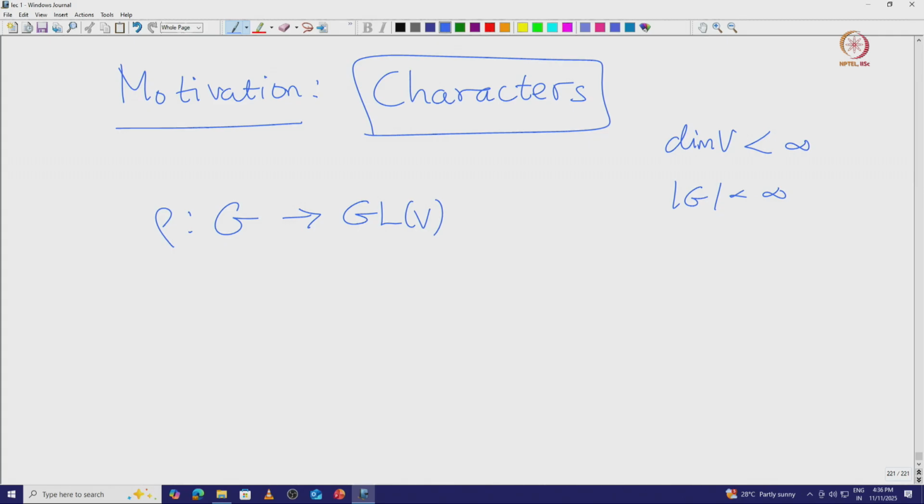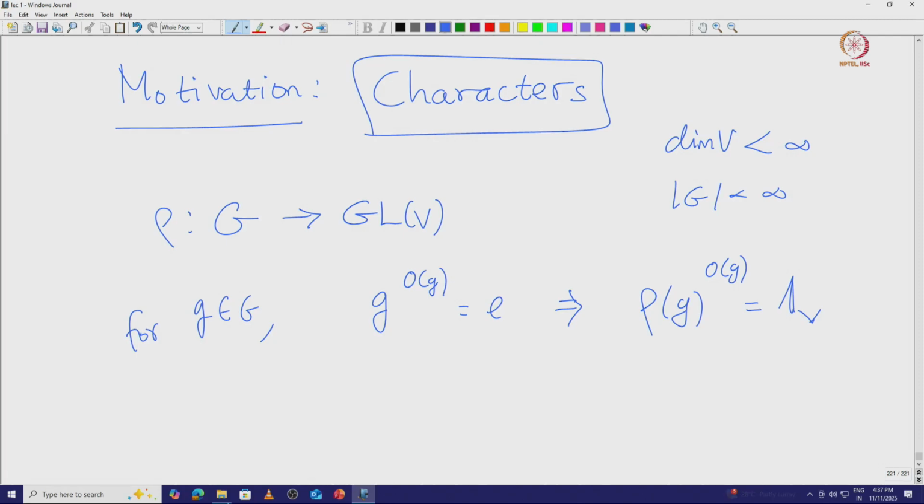Since the group is finite, given any g in G, we know that g to the power order of g is going to be the identity. So, that would imply immediately that rho of g to the power order of g is going to be the identity matrix. That means the minimal polynomial of rho of g is going to divide x to the power order of g minus 1. So, rho of g is a diagonalizable operator because the minimal polynomial has distinct roots, and